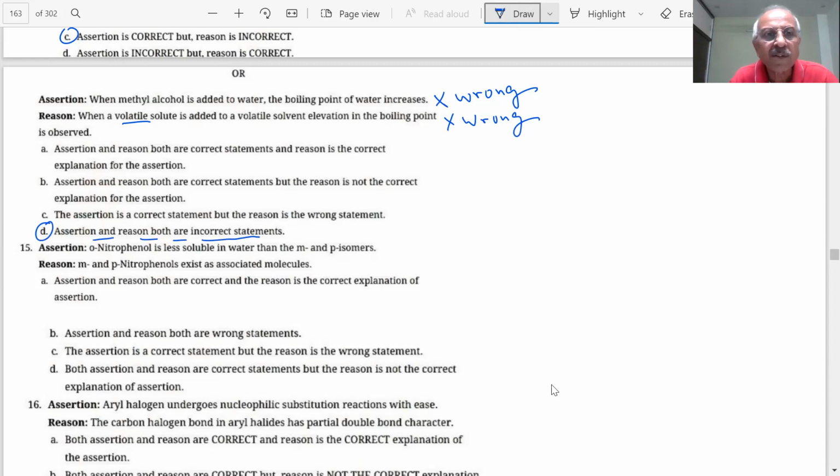Now you can see, students, he has changed the fourth choice, D. Earlier D was like assertion correct, reason wrong, or assertion wrong, reason correct. Most of the time he is giving like that. But now he has changed the statement. So we have to read every question, student, when he gives A, B, C, D, because he may change the statement. We have to pay attention and be very careful in answering all these questions. Next question.